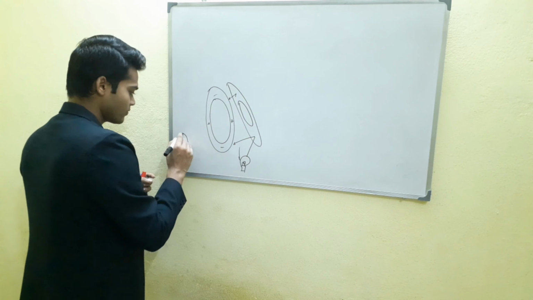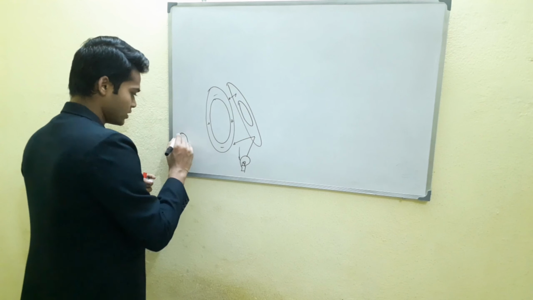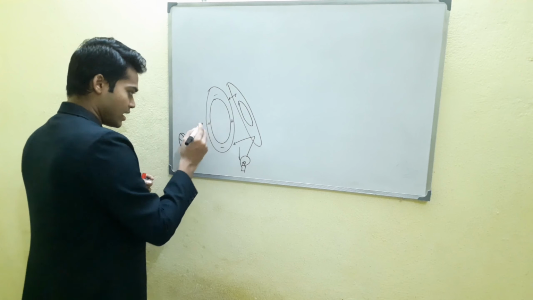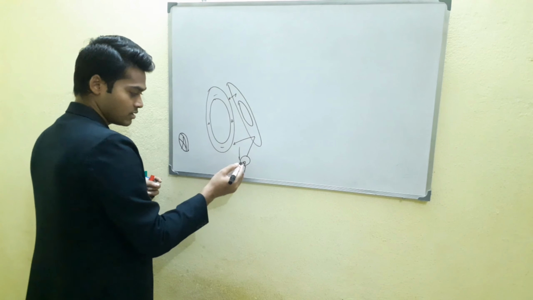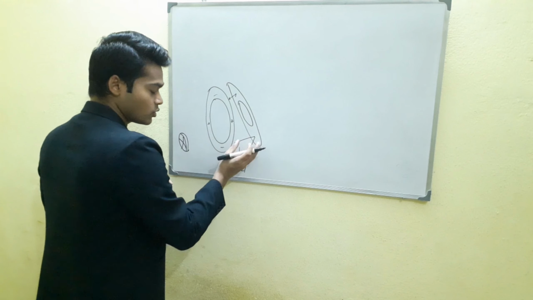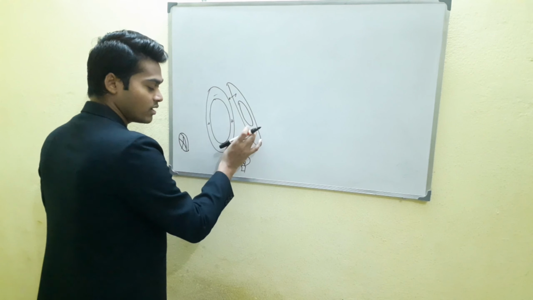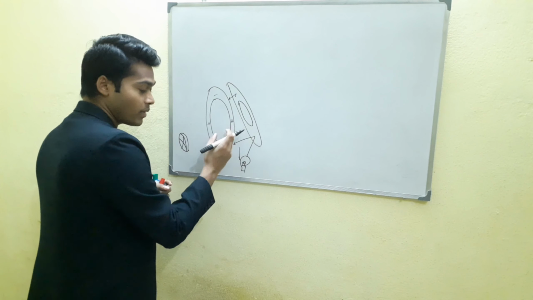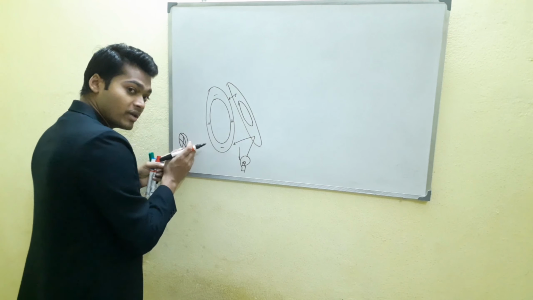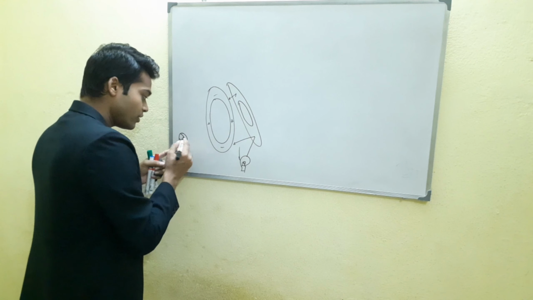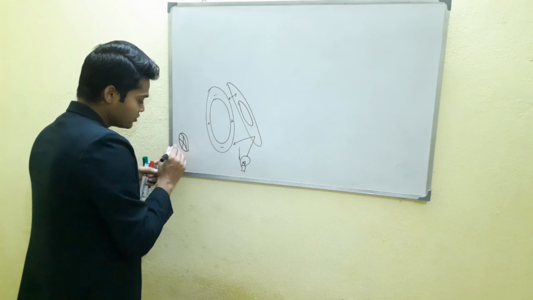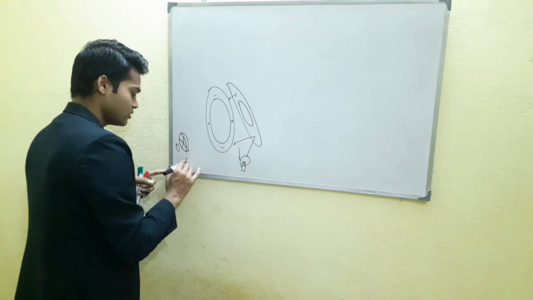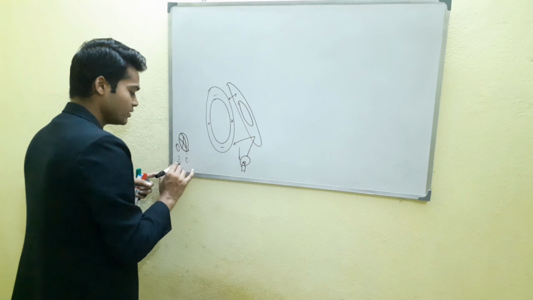Suppose this is a corneal surface, right? This is a bulb, the light glows and falls on the mirror. This mirror reflects the light onto the mire, forming an image onto the cornea, and where the image is basically formed, the image is formed here. This is the mire image, right? This is the cornea. See, this is an image, CI, corneal image, right?